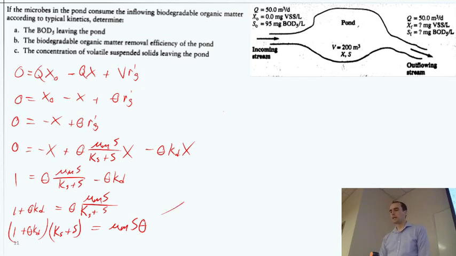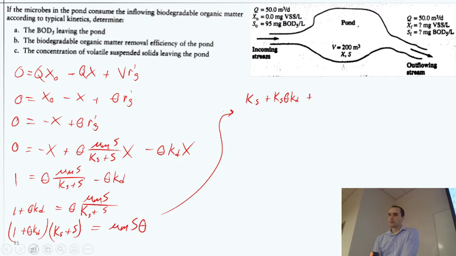So I'm going to leave it like that, and then we'll come up here and say, essentially, to expand it, we've got Ks times 1 plus Ks times theta KD. And so I just did the Ks for both, now the S for both. So it'll be plus S theta KD. All of that equal to mu max